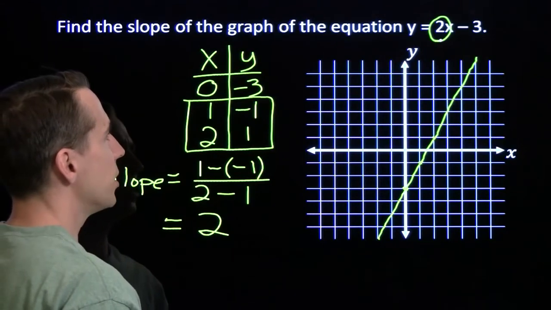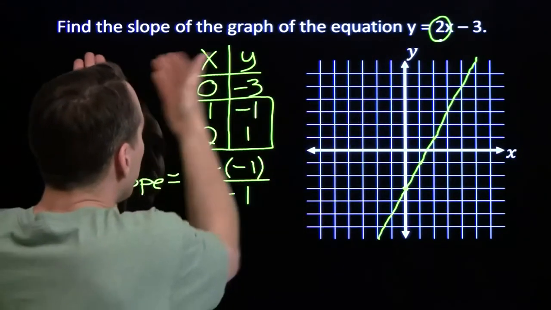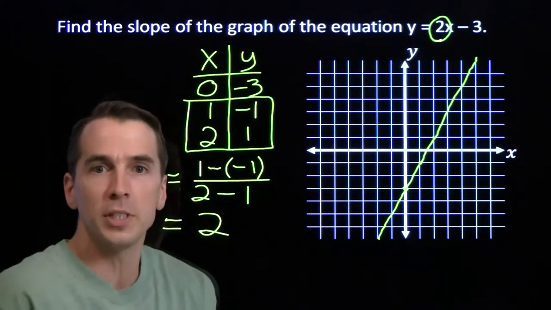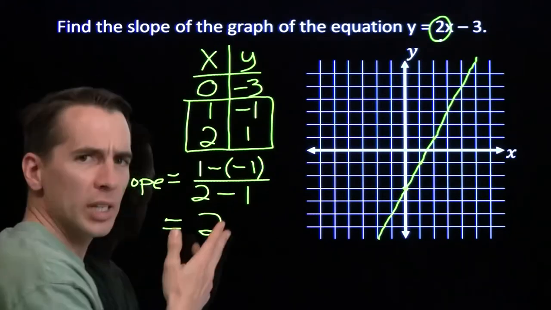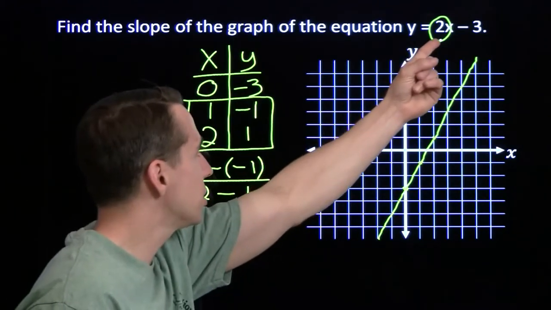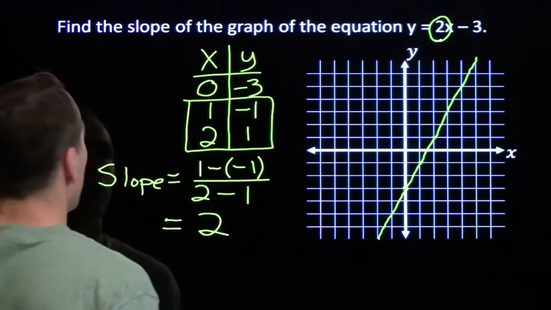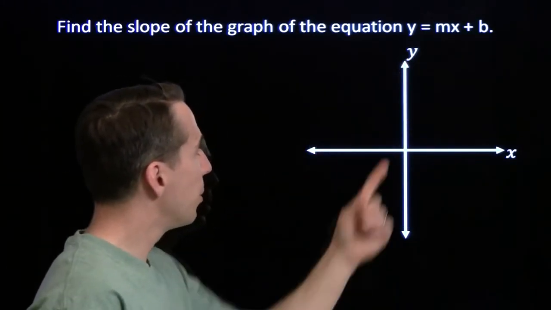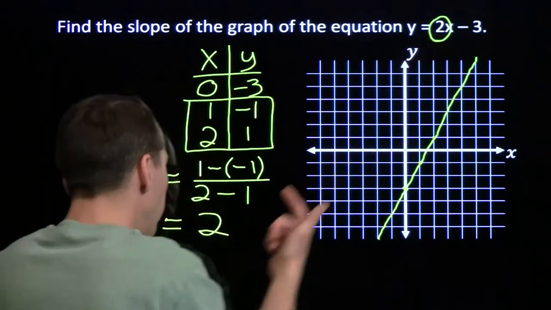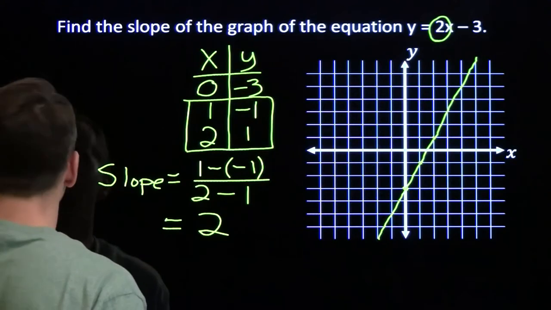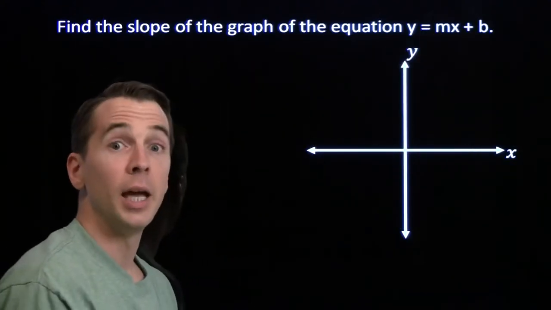Maybe that's just a coincidence, but it would be awesome if those two always came out to be the same, because then you could just look at this equation and go, hey, there's the slope, it's 2. But how can we make sure this will always work out? We can test that by replacing this 2 with a letter. I'm going to replace that minus 3 with a letter as well. I'm going to replace the 2 with m, and the minus 3 with plus b. And back here we saw that this 2, that's what the slope came out to be. So we're going to find the slope here and see if it always comes out to be m.